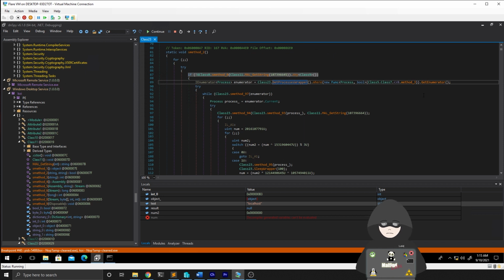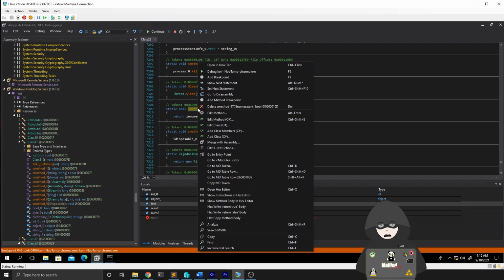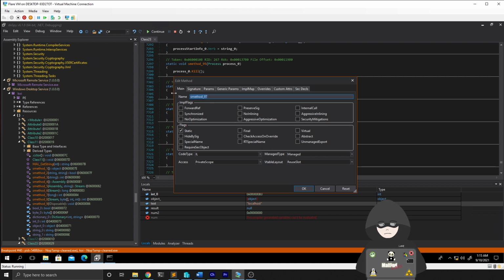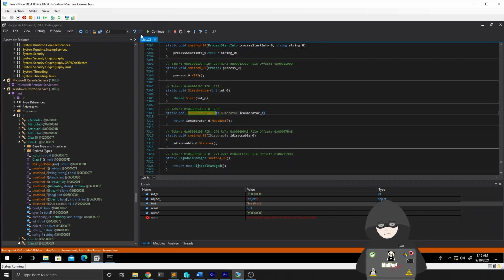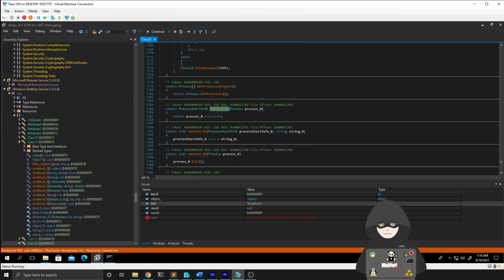And it's quite clear that this enumerator basically enumerates over the processes. So then there's a while loop where we have just a wrapper around move next, so basically iterating over this enumerator. So we'll call it move next wrapper, and then we have this process variable that is being assigned the current value of the enumerator, and then this process variable is passed to this method 93, which basically